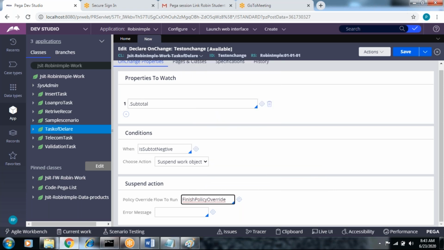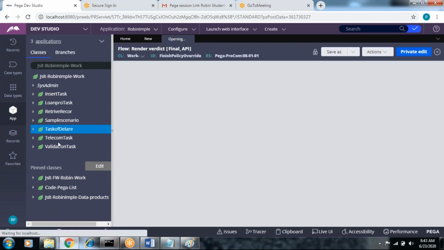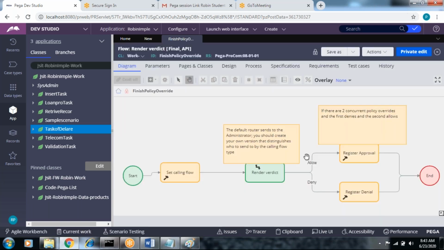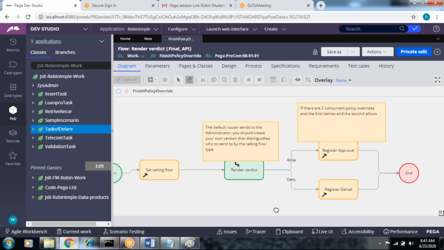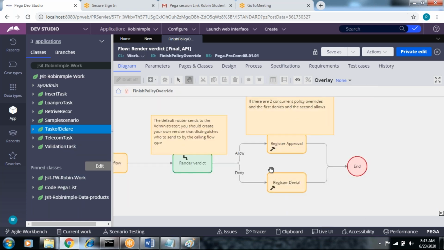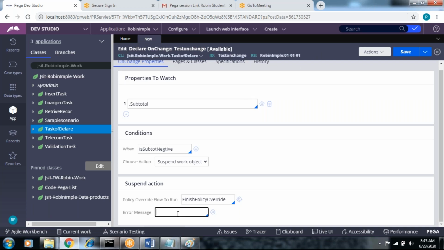If you open this flow, it shows how to cancel the work object. This is a predefined flow, so we are going to use it. We can pass the error message. What is the error message?